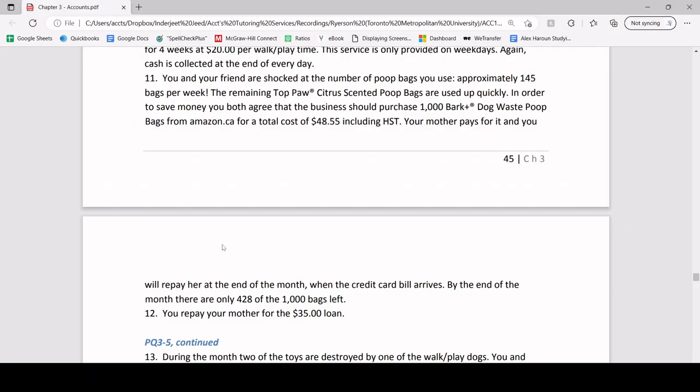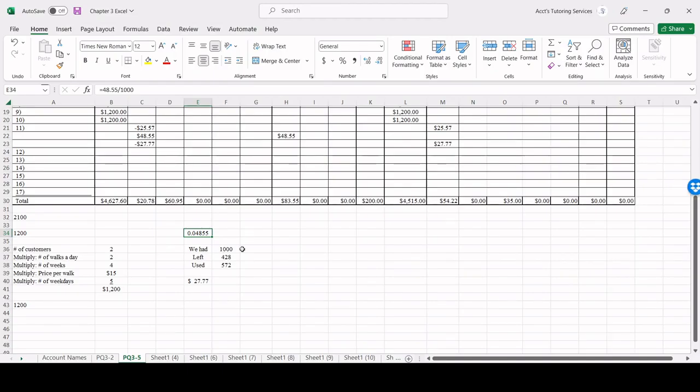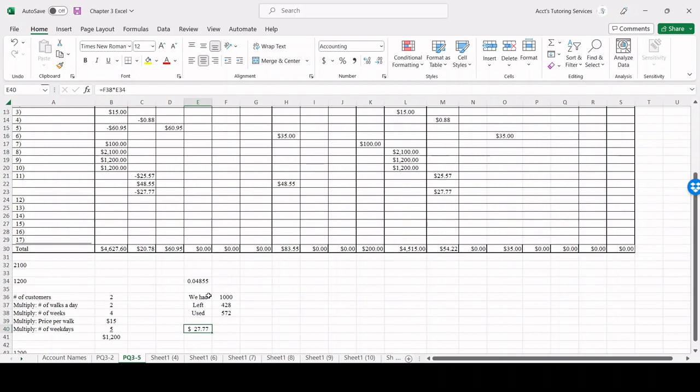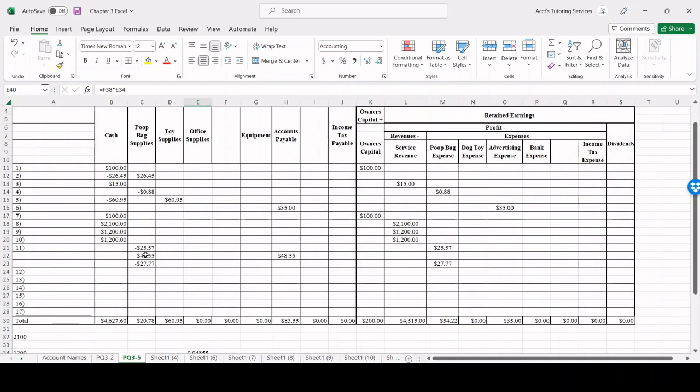And since we used up 572, which is the difference between the 1,000 that we had and 428 remaining, we're going to take the 572, multiply it by the 0.0488 to arrive at the total expense of 27.77, or the reduction in poop bag supplies